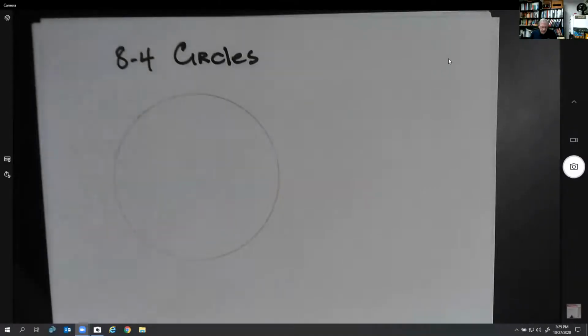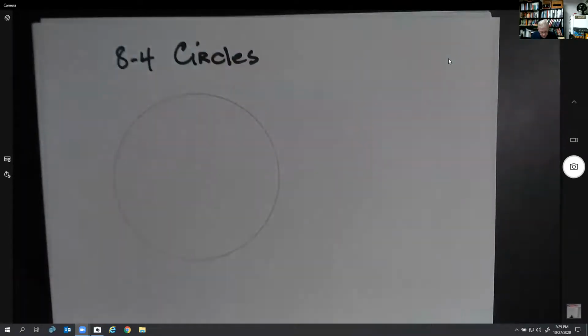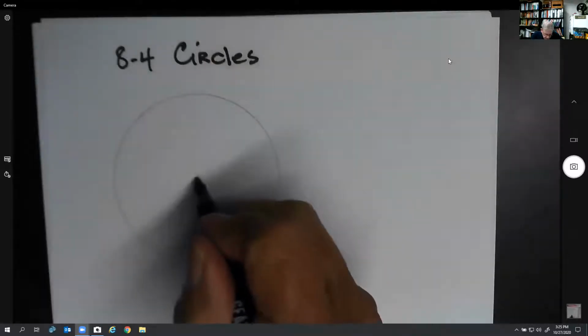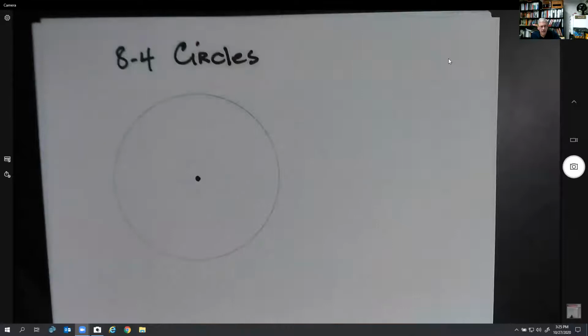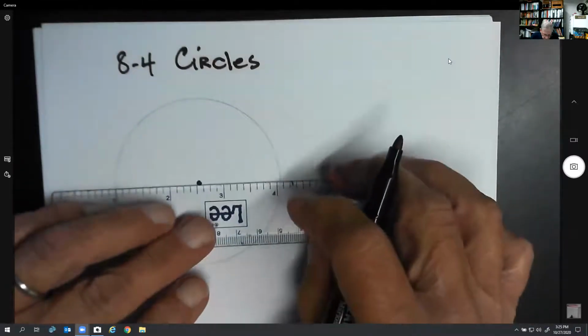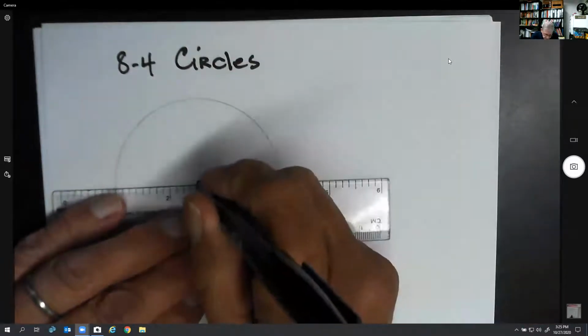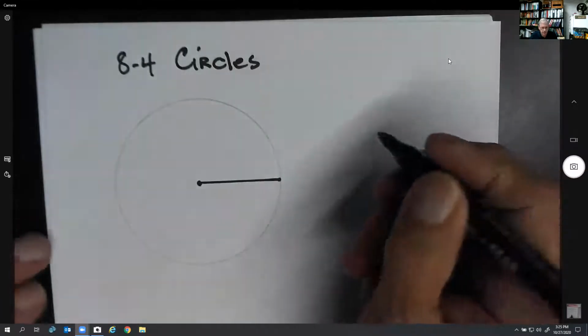Hello, this is going to be a short video on circles. As you can see below, I have a circle. The distance from the center of the circle right here to the edge of the circle is called the radius. Draw a little line here to kind of show it to you. This would be the radius,